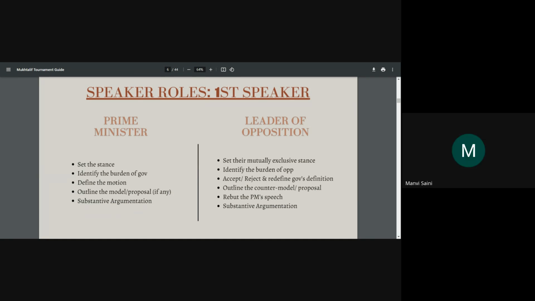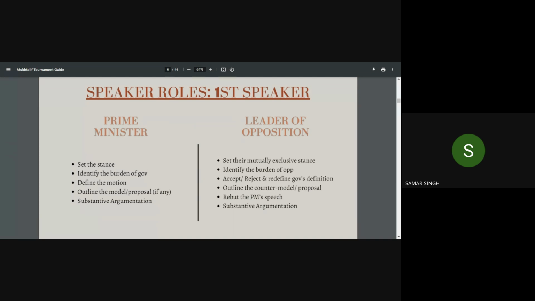Just in case the Prime Minister puts forward his argument and the Leader of Opposition finds a flaw in it, is the Leader of Opposition supposed to immediately come up with that, or do we have to wait for 7 minutes till the Prime Minister completes his speech? Okay, there are two aspects here. First of all, yes, they will have to wait. They cannot speak in between the speech. They will have to wait for the PM to end the speech, and then